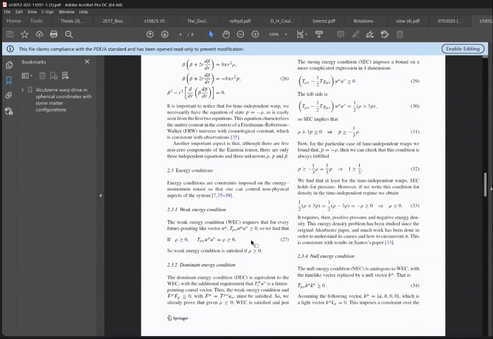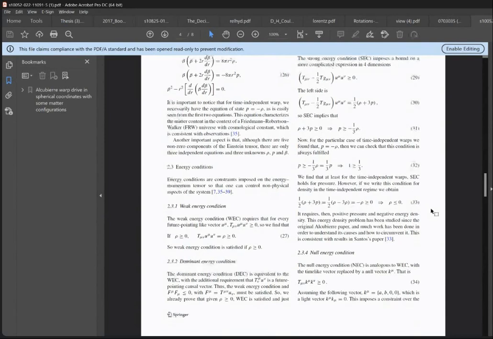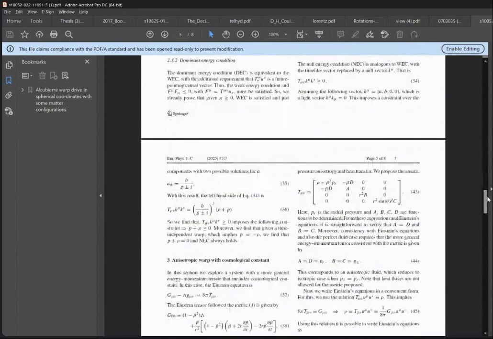So we check the energy conditions. Not all of them have to be fulfilled all the time. Indeed, if you have read some of the work that has been done in the past about energy conditions, some of them are violated, some of them not. Some of them are violated sometimes, and others are fulfilled. So we want to check what is the story with our metric, and we found that basically all the conditions are fulfilled with the exception of the strong energy conditions.